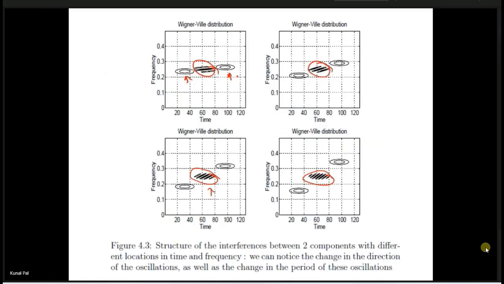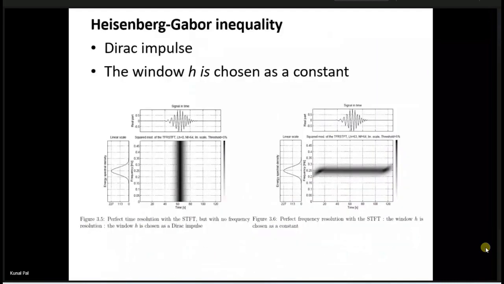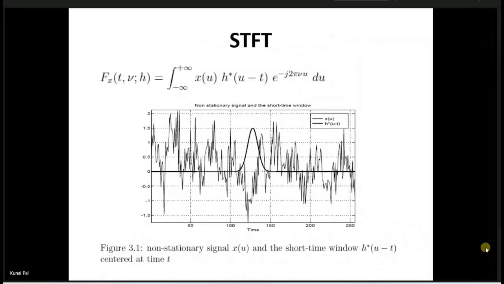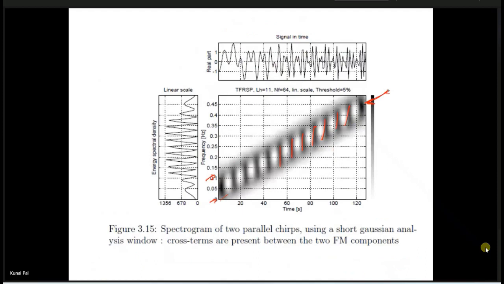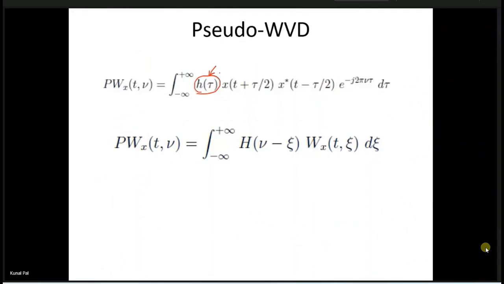Let us go to the STFT. If you see in this STFT equation, a similar function was here. What is this similar function? This h component is nothing but a window. So what type of window? It is a time domain window. Okay. The same thing is being done in the Wigner-Ville distribution. So we include a time domain window.